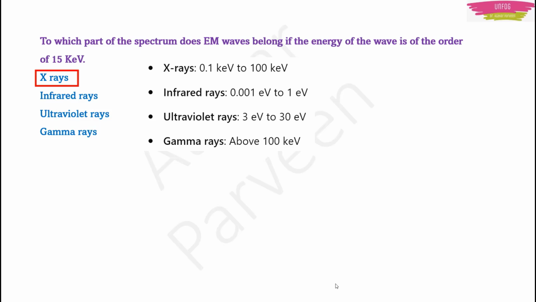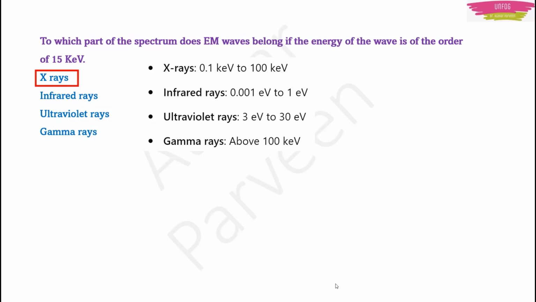Okay, so a little bit of calculation will be there. By using that formula you can finally conclude that the answer is X-rays. But I would suggest you don't do all that. Just remember these ranges. X-rays have 0.1 keV to 100 keV energy, whereas gamma rays have energy above 100 keV. And infrared and UV rays lie between X-rays and gamma rays in terms of energy,